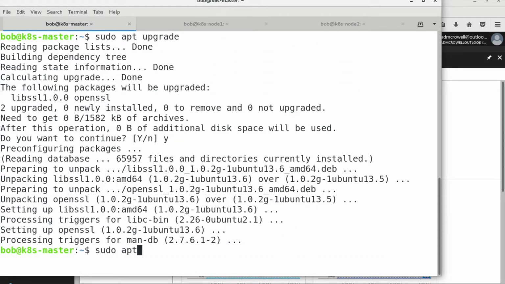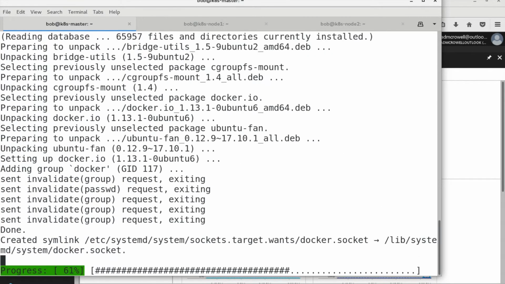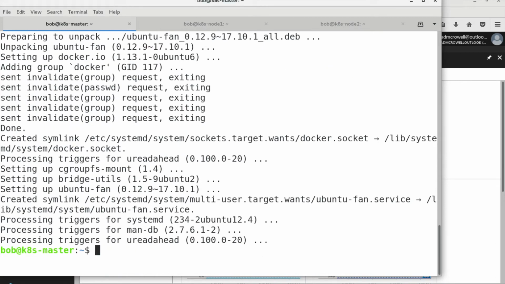And now we can begin to install Docker. This way we can have our Docker group created, the users, and the services to run when the machine starts up. Now let's go ahead and create a file that will ensure that the same cgroup drivers are used